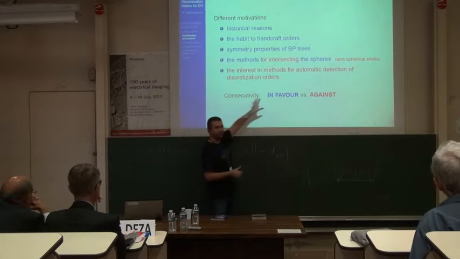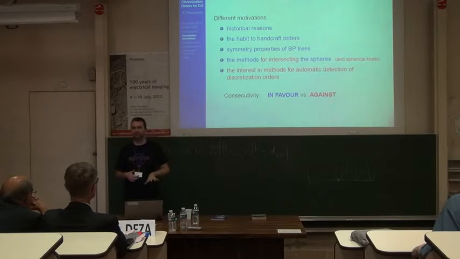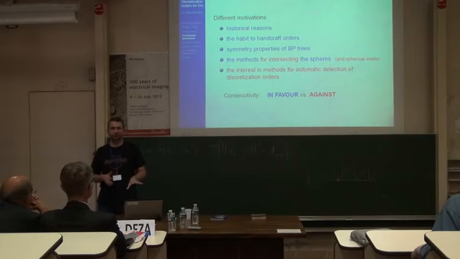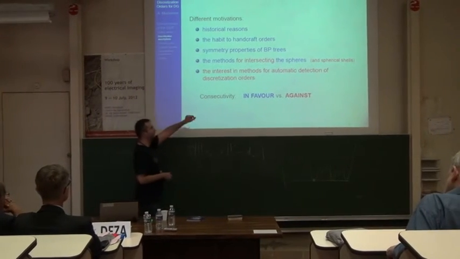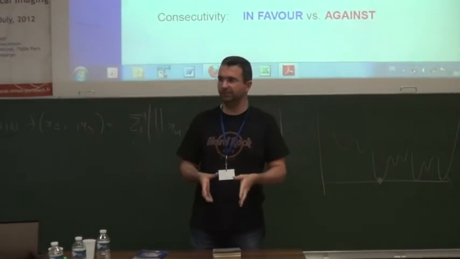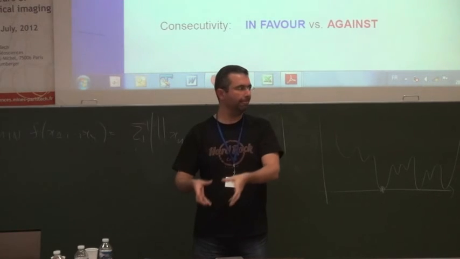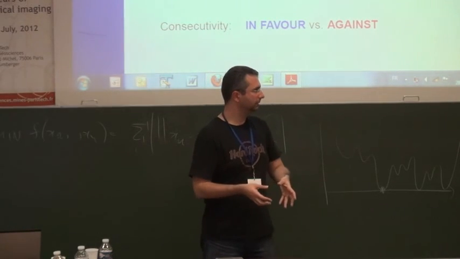Finally, the last point: I have a method for detecting the discretization orders automatically. So why is this last? Because if I want to formulate a problem, I have the graph G, I want to find the discretization order. Suppose